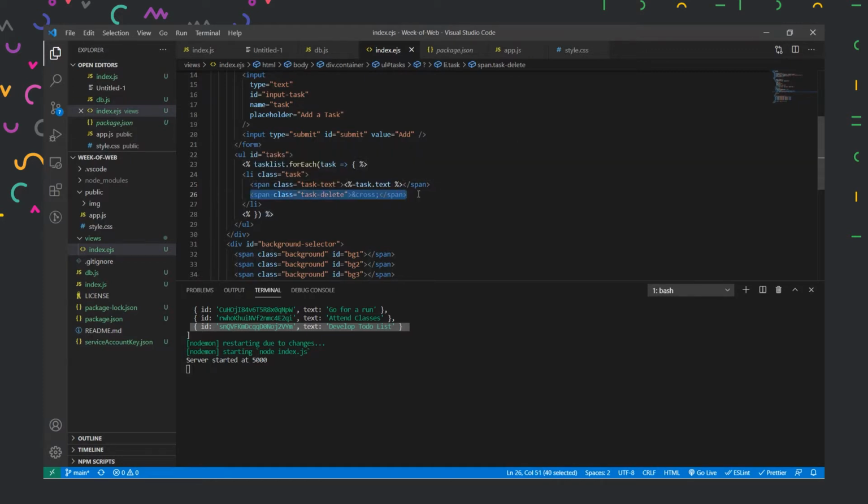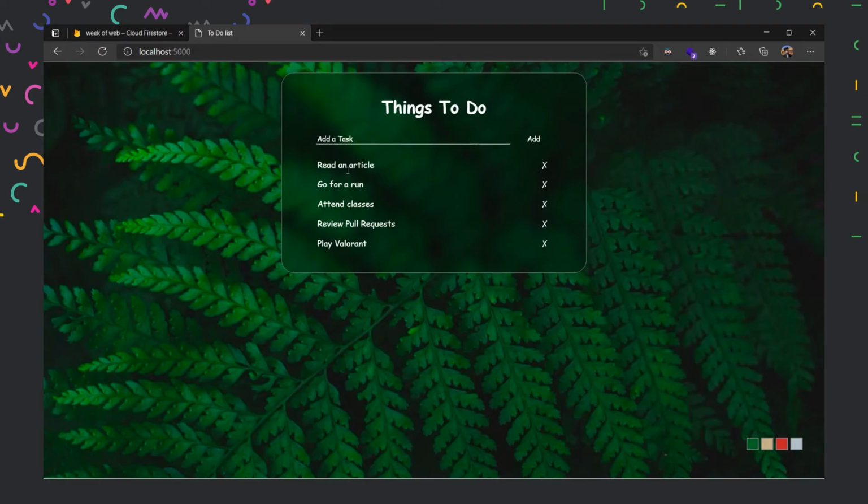But what we want task delete to do is, when we go to our website and click on this element, it should delete this from the front end, as well as from our database. We are losing our front end every time we reload our page, and we are redirecting to our page after every time we add a task. So managing the front end is not a problem over here, because it is reloading the page every time, so that's not a problem.